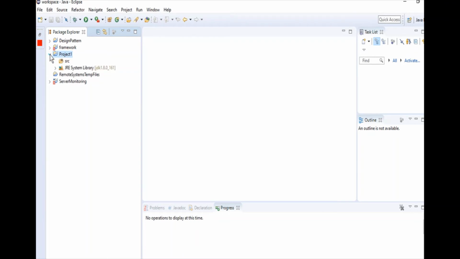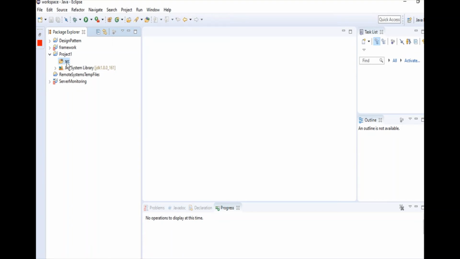Click on this option to collapse your project, so you can see the name of the project that you have mentioned and the source directory. SRC is basically known as the source directory. A source directory is like a simple folder that we create in an operating system.